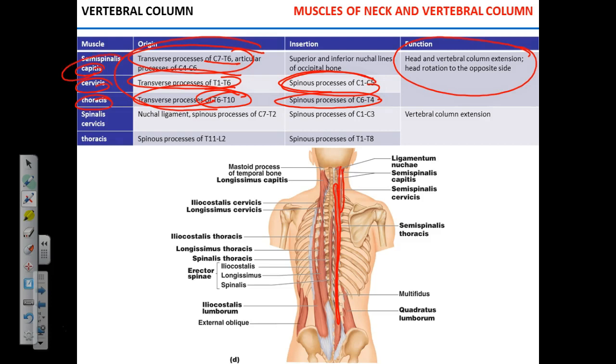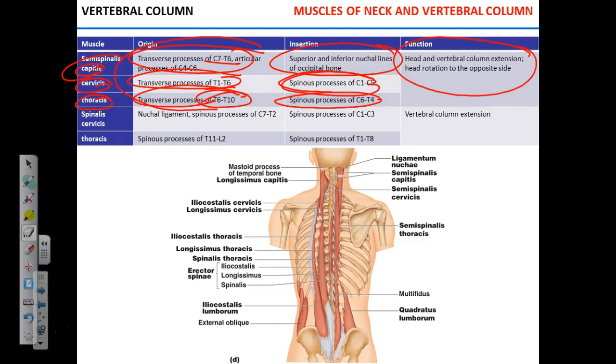Semispinalis capitis inserts into the occipital bone. So think about this. If the muscle starts at the transverse processes of the vertebrae and inserts in the occipital bone, when you contract it, it's going to be extension of the head. Does that make sense? If it starts at the transverse processes of the lower compartment of the vertebral column and inserts into the spinous process of the superior compartment,